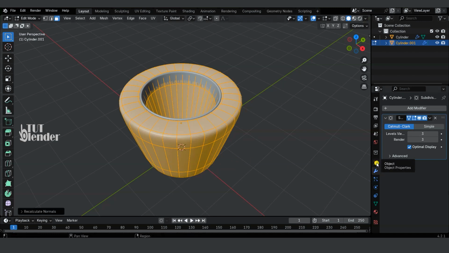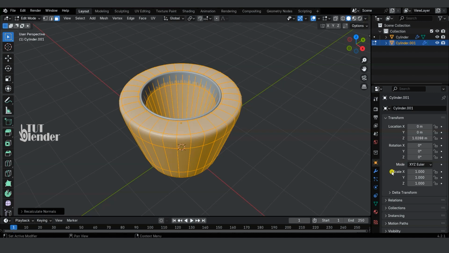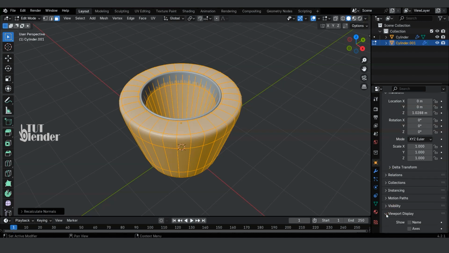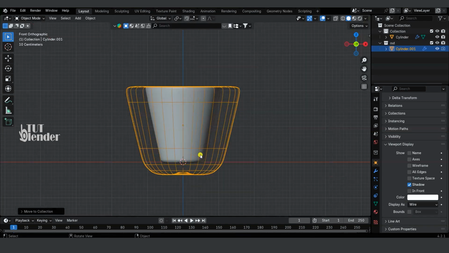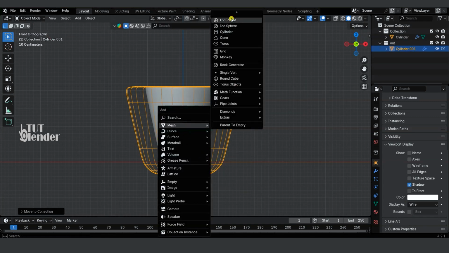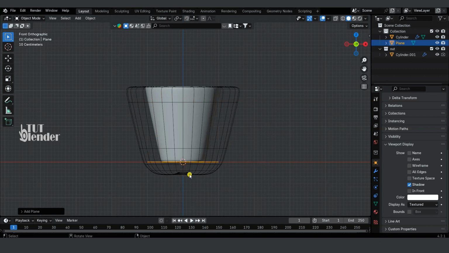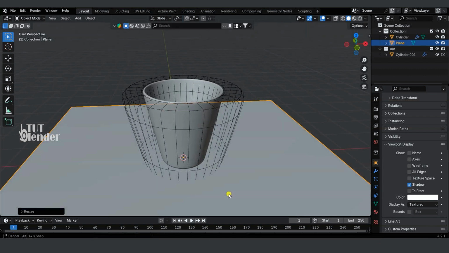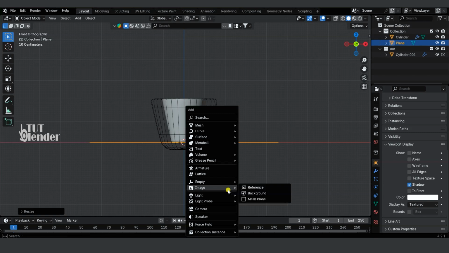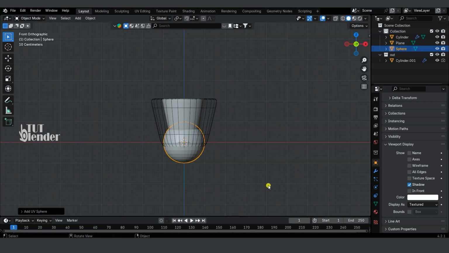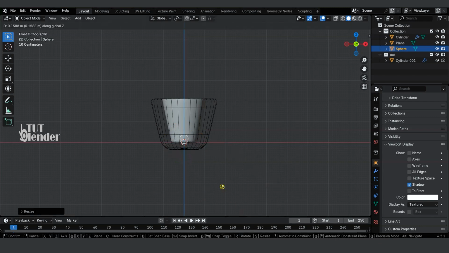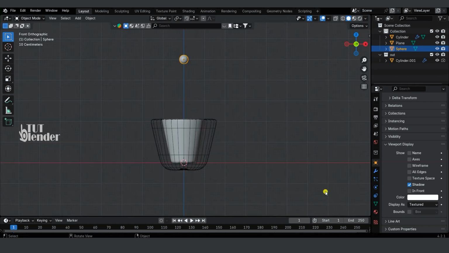Great. Now go to Object. Then go to Viewport Display and select Wire under Display As. Let's add a plane and scale it. Now add a sphere and scale it down, then grab it. Select the sphere and go to